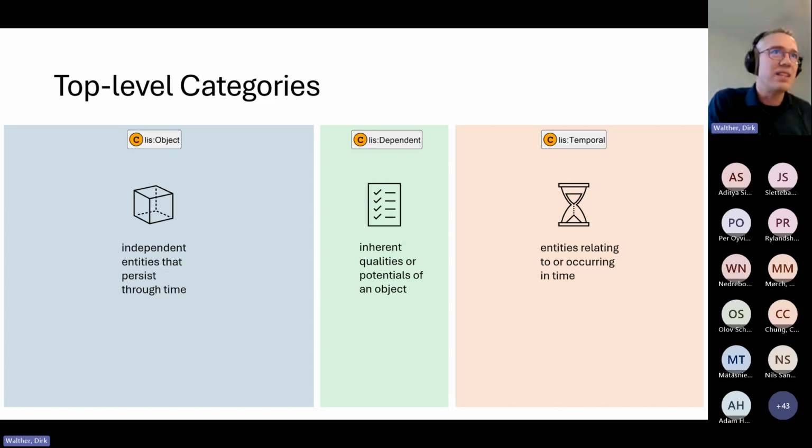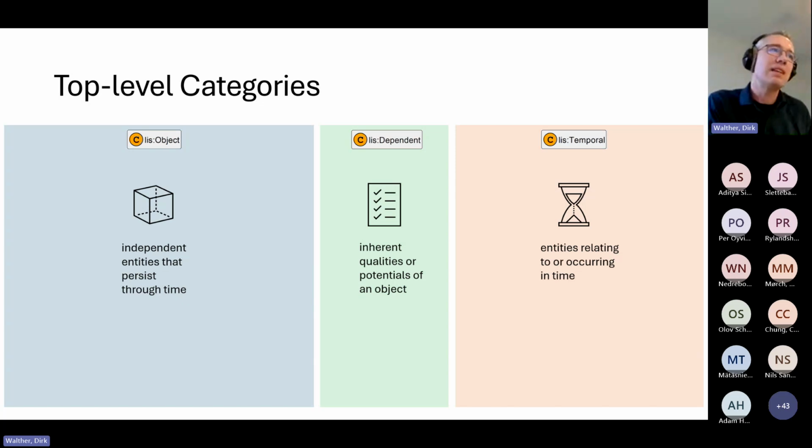The next one is dependent. So the class of dependent entities are inherent qualities or potentials of an object. So on the left, we have objects, and the stuff in the middle, these are things that describe the object.